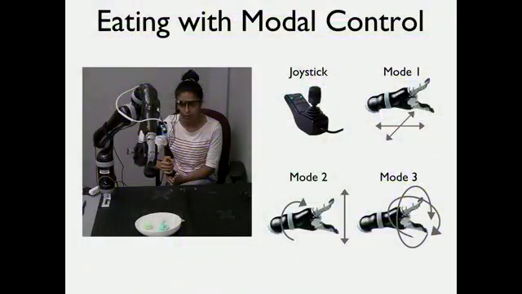Okay. Some of my students, together with Sidd Srinivasa's lab, did a bunch of work on extending this to other device interfaces, in particular modal interfaces. So one interface to robot prosthetics that's fairly common is something like a joystick, but you can only control some of the degrees of freedom of the arm at a time, right? Even though you have many degrees of freedom. And you might imagine it's actually quite hard to do a manipulation task when you're switching between these degrees of freedom. We applied the same technique, the key difference being the assistance was largely focused on the off modal. So whatever the person was not controlling, the assistance was helping in those off axes to try to